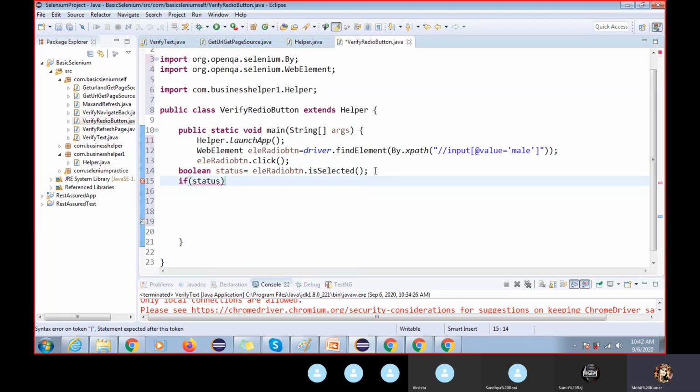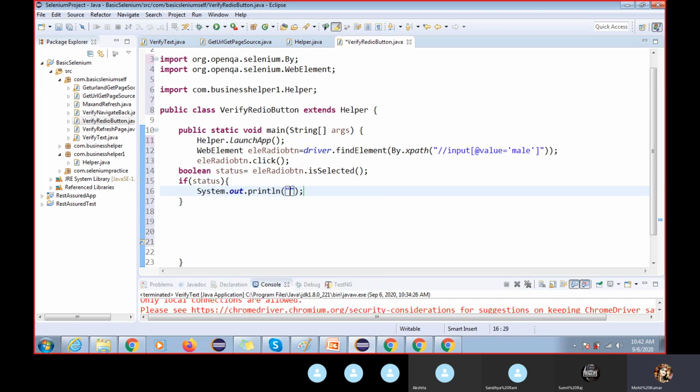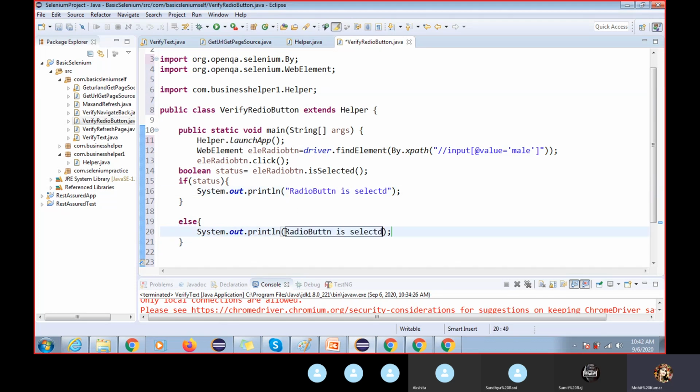If status, here we can print radio button is selected, right? Radio button selected, and else condition radio button is not selected. Okay, radio button is not selected.